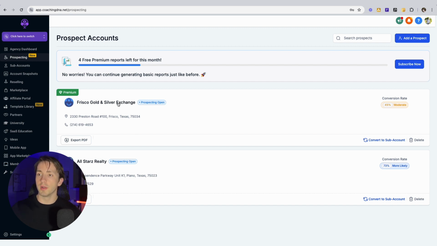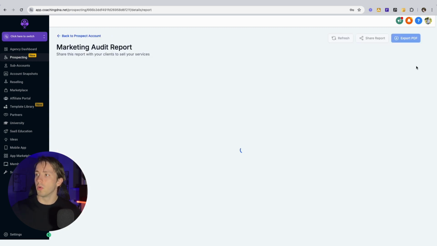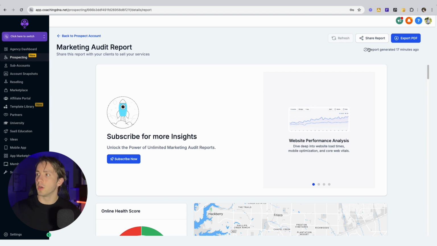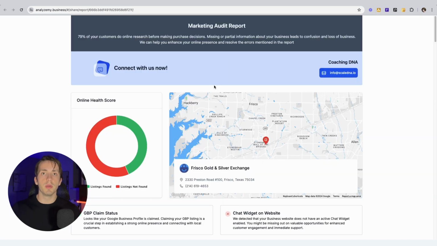Now, if we look at the report itself within the prospect, we can click show report as usual, and then we can share this with our prospects via this link right here. Now, in the premium reports, it's going to have the same sort of functionality. You're still going to have the ability for people to contact you at the top of the report. You're going to have the same sort of copy included in the report, but you're going to have much more